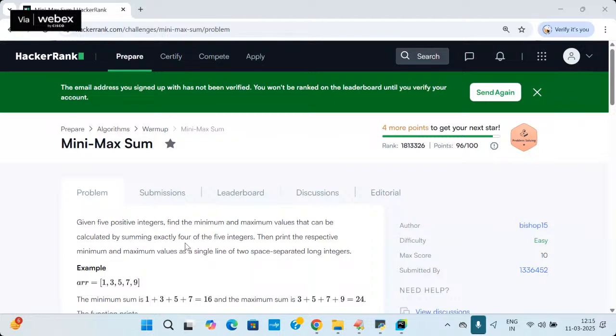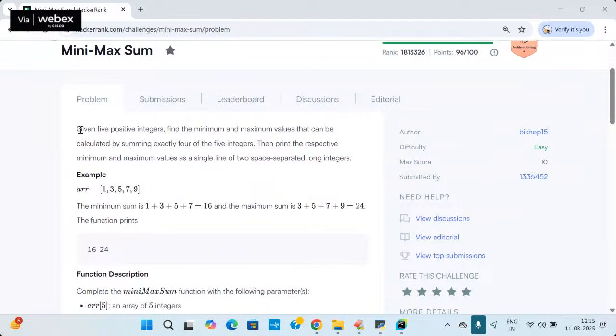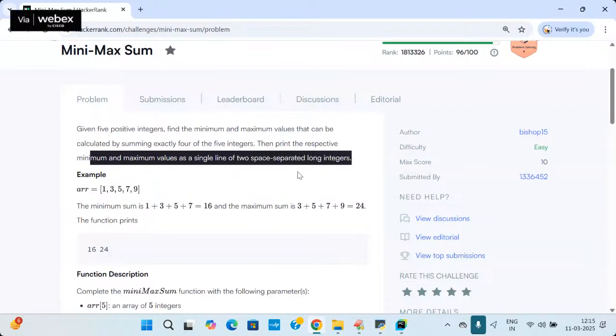Now coming to this: min max sum. How to find the min max sum? That is our basic criteria here. Come on, students. Given 5 positive integers, find the minimum and maximum values that can be calculated by summing exactly 4 of the 5 integers. Then print the respective minimum and maximum values as a single line of two space-separated long integers. Example,